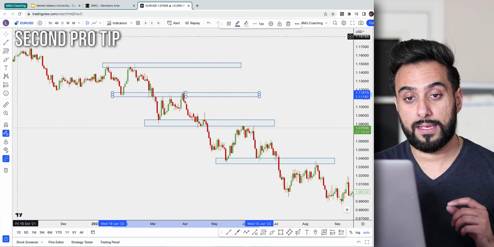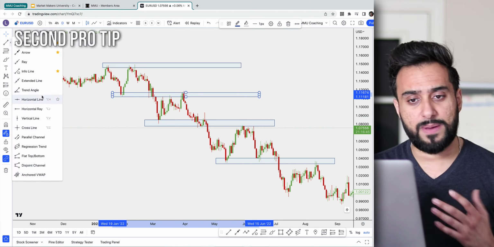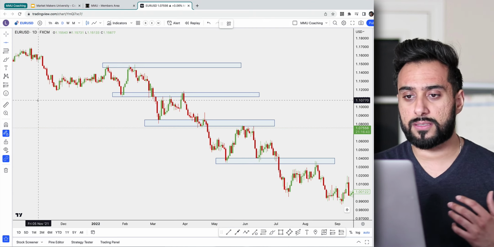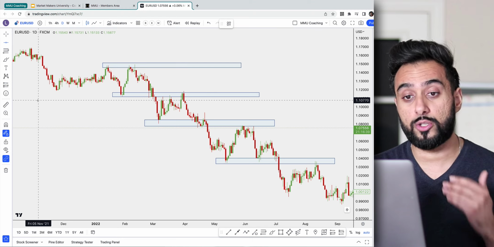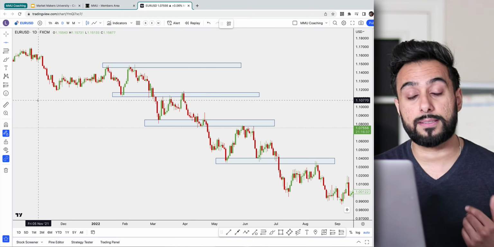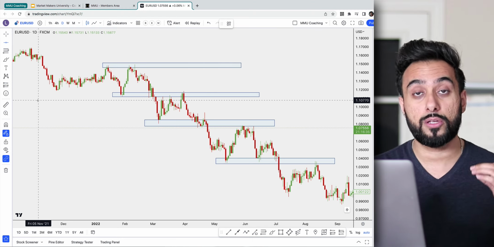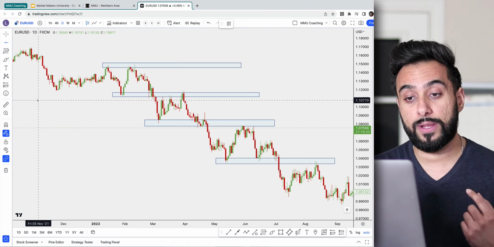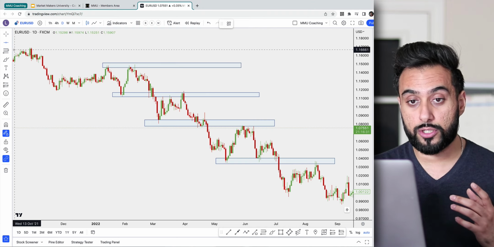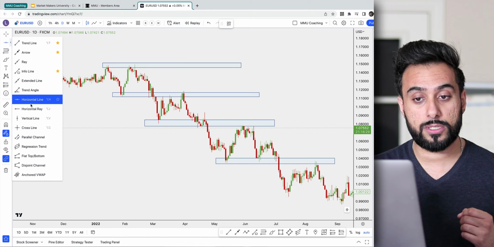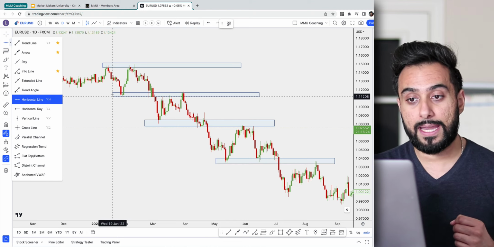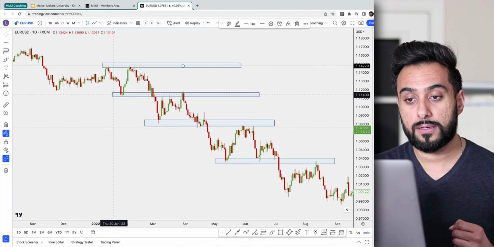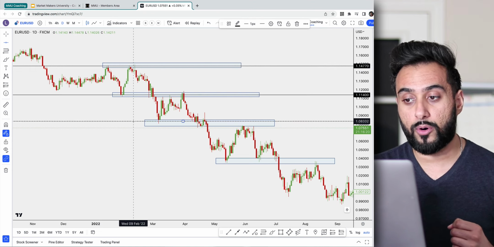Now, the second thing is, I see a lot of people, especially on YouTube, teaching that whenever they're drawing these support and resistance zones, they're drawing them as lines. Do not draw these zones as lines. These are not lines. These are considered zones. These are considered areas. So I've seen people on YouTube go to this horizontal tool, or they do Command H or Option H, and they simply put these lines on their chart as support and resistance